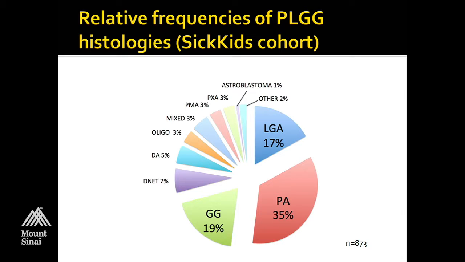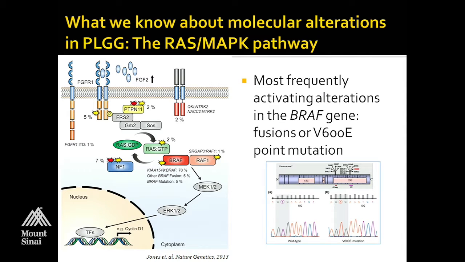end up with about 15 to 20% of cases where we have a very tiny biopsy, and you're not entirely sure if it's a pilocytic or a diffuse or something else, and so we end up calling them low-grade astrocytoma. And then you can see the other entities are in here, but they're relatively infrequent compared to the big ones. Now, what we know about the molecular features of low-grade gliomas is largely related to the RAS-MAP